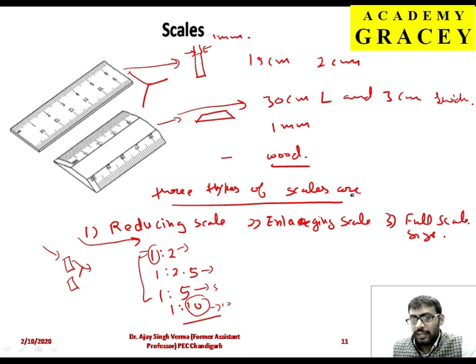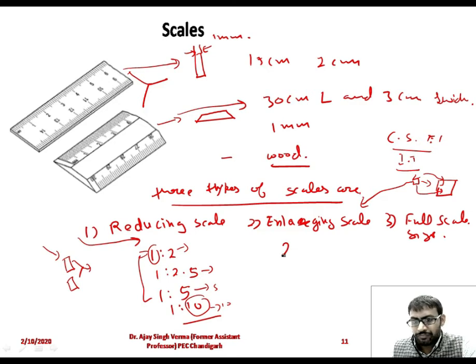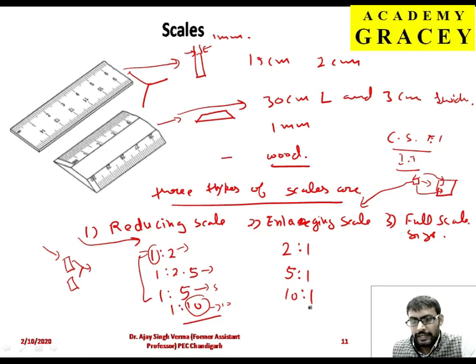For the enlarging scale, if I'm talking about computer science, electronics branches, the IT sectors, when you have transistors and integrated circuits, these are very small parts. If you plot these small parts on your sheet, the visualization is very difficult, and it is very difficult to understand what part is showing in your drawing. In that type of problem, we will go for the enlarging scale. In enlarging scale, the ratios we follow are 2:1, 5:1, and 10:1.